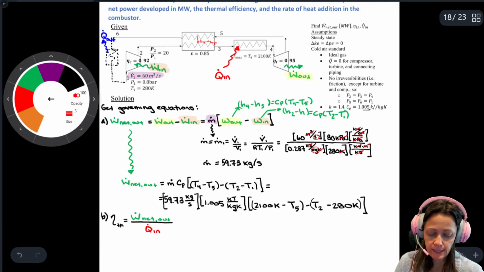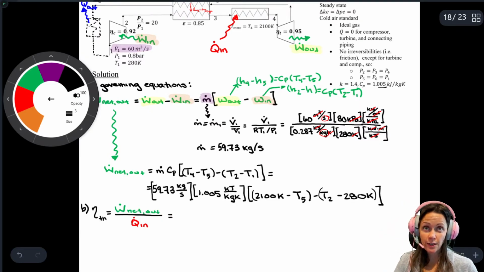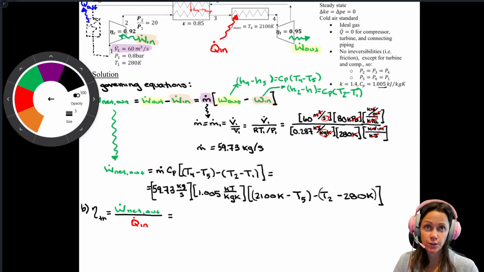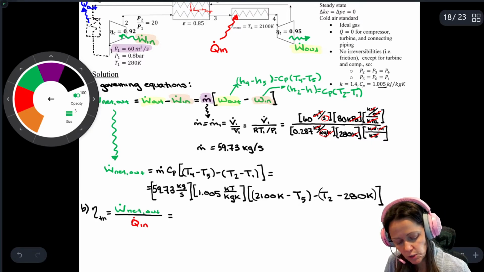And remember I said that the mass flow rate is the same throughout this whole thing. So you could divide the top and the bottom of that equation by m dot and not change the value of that ratio. And so this just becomes little w net out